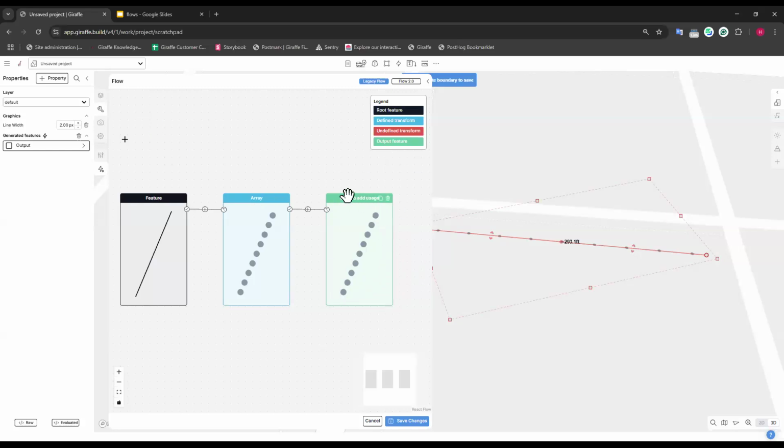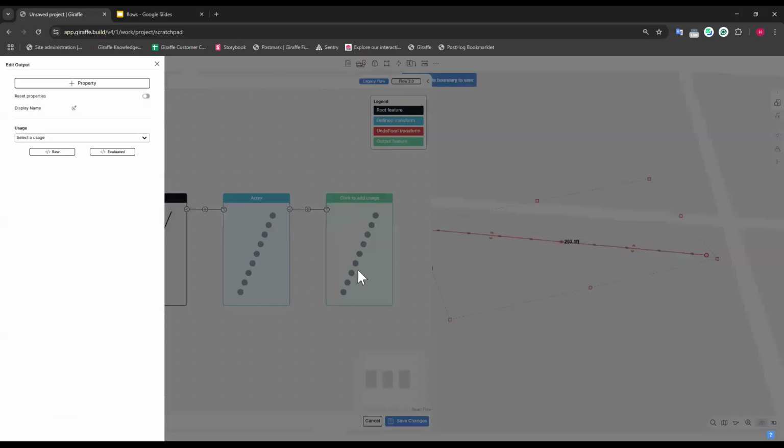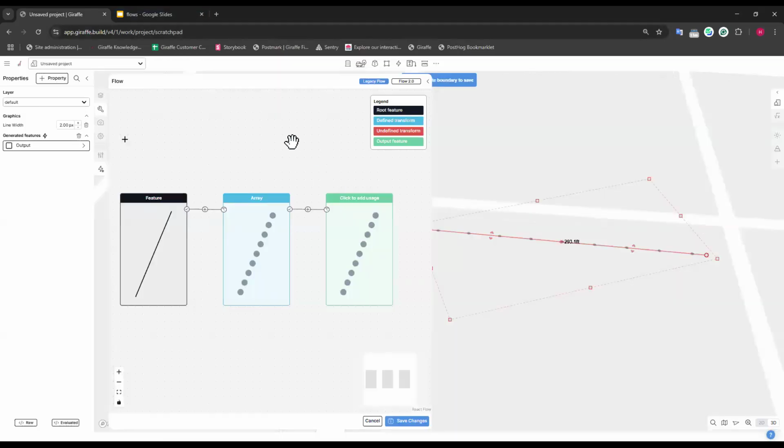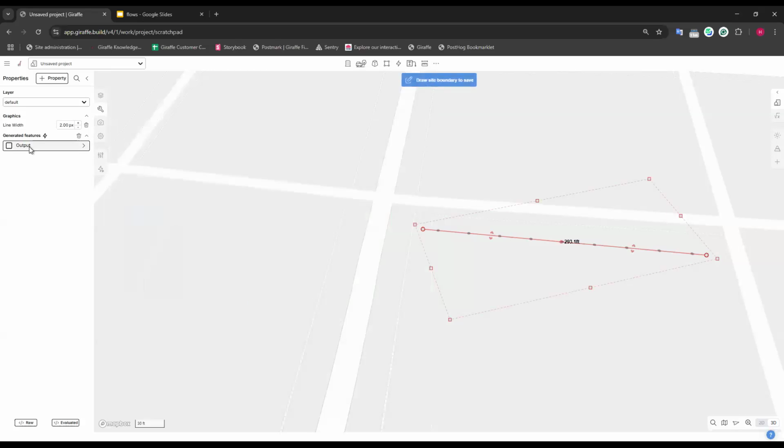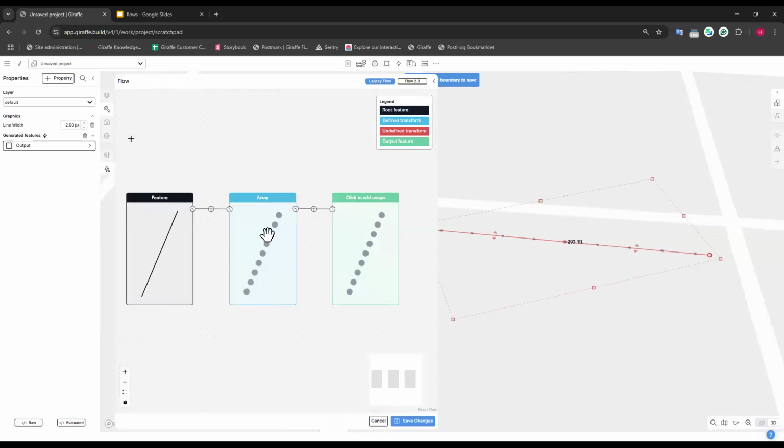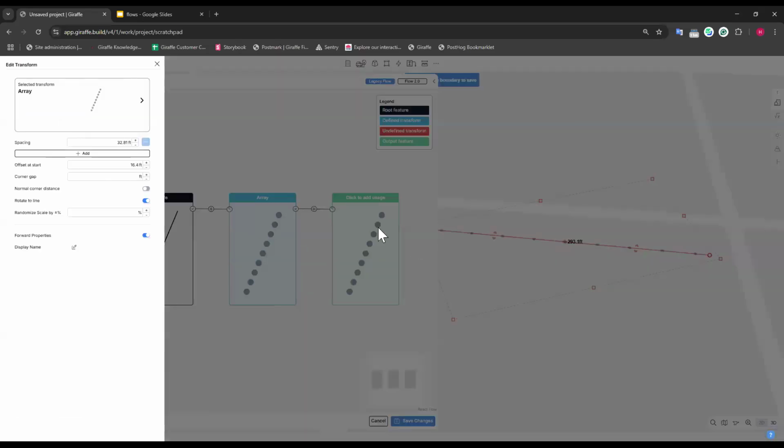You can see that the output also mirrors the output that is assigned in the properties palette. So if I were to click the output here, I'm seeing the same thing that would happen if I clicked this and opened up the output. So it's just displaying it in two different places. The reason for that being I could have the flow builder closed and edit things in the properties palette still if I wished. So I'm going to click on the array,